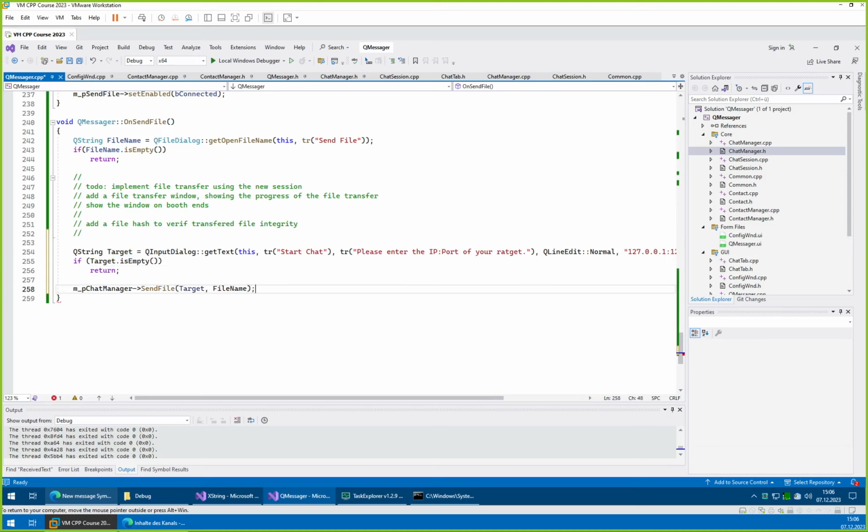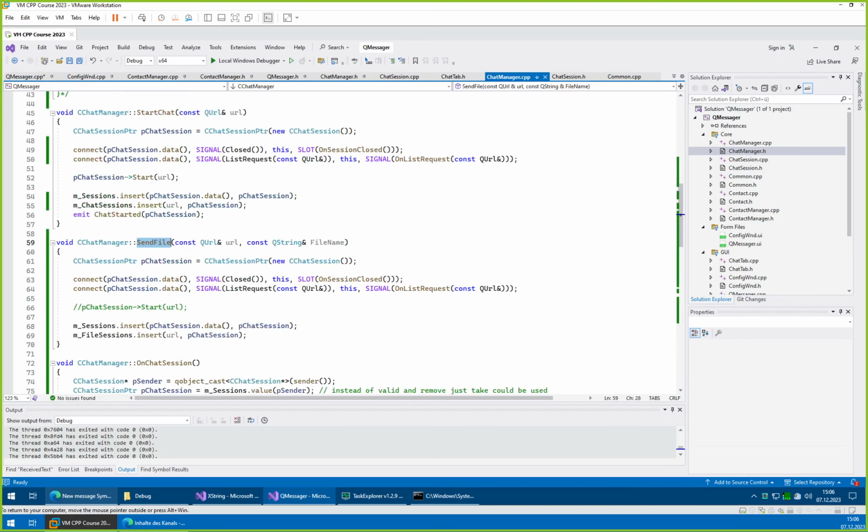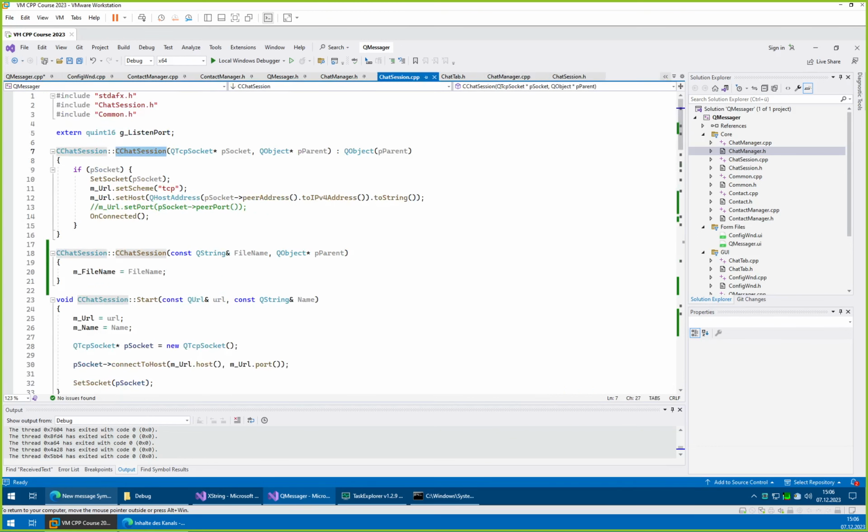Okay, so we have file and file name. Send file. Right, so let's see. We have create a new session, insert it, we start this. When we create a new session here, we need to take a look into the implementation to ensure that we will be